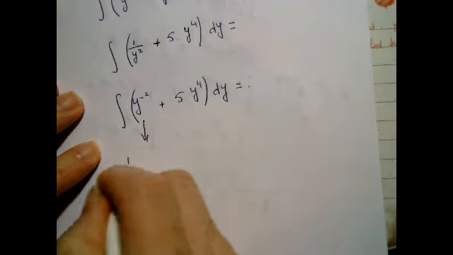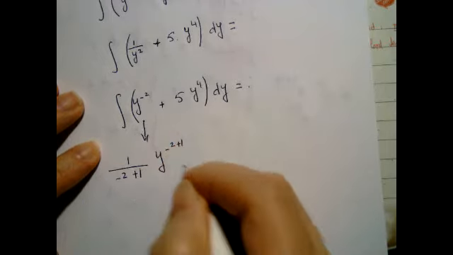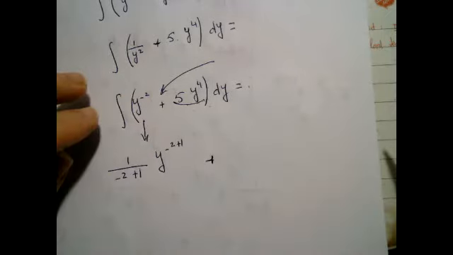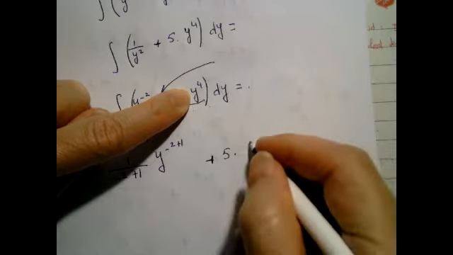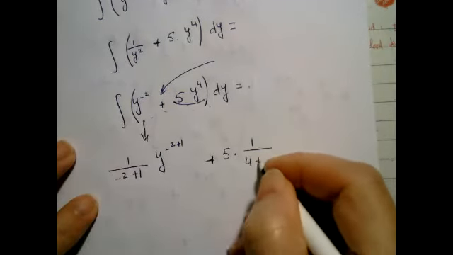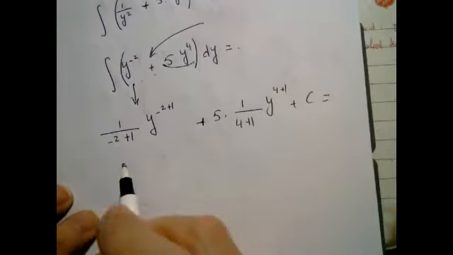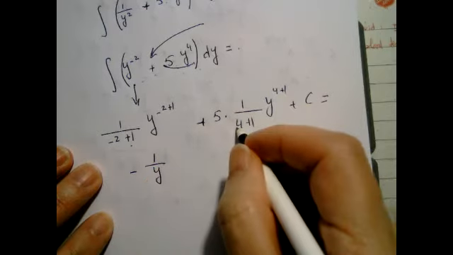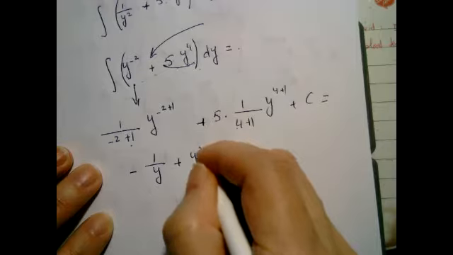Antiderivative of y to the minus 2 is 1 over minus 2 plus 1, y to the minus 2 plus 1, plus antiderivative of the other term. This is a sum, so we're splitting. So antiderivative of the first plus antiderivative of the second. 5 is a constant. I don't have to worry about it. Y to the 4 is 1 over 4 plus 1, y to the 4 plus 1. So now minus 2 plus 1 is minus 1. So I will have minus 1. 4 plus 1 is a 5, and the 5 simplifies, and then I will have plus